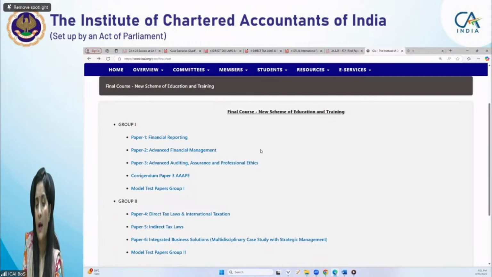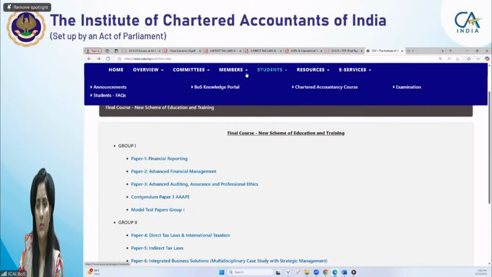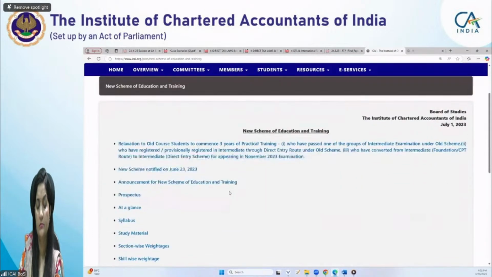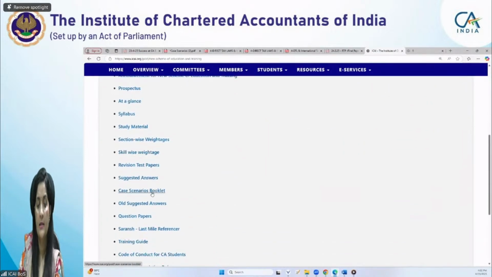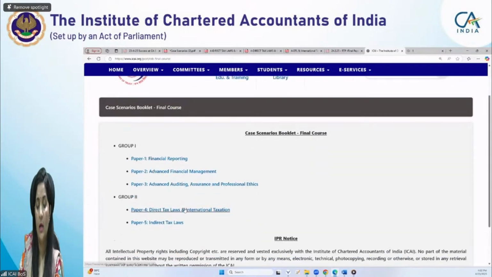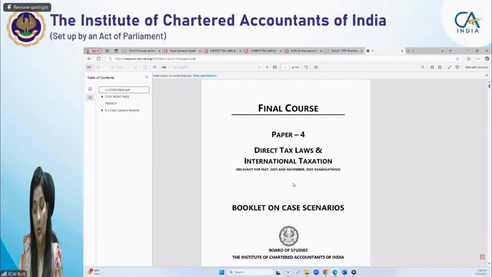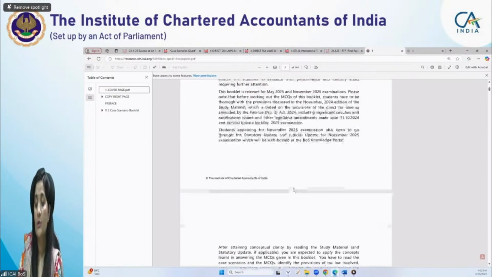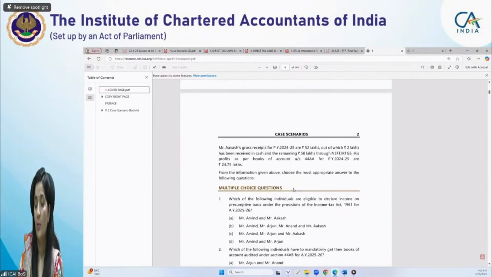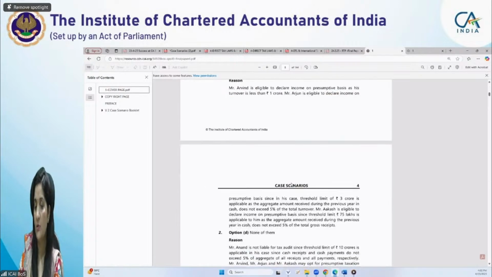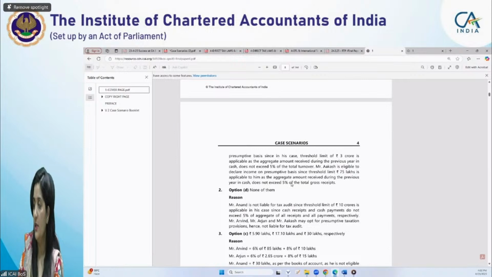Now, what I was showing you, just a minute. Case scenario booklet, I'm just showing you. If you see the case scenario booklet, I think you have taken it, and you can download it also. Here you will see the reasoning is also given for these questions. If you have a doubt anywhere, for helping you, reasons are also given in the case scenario booklet. So please do and solve that case